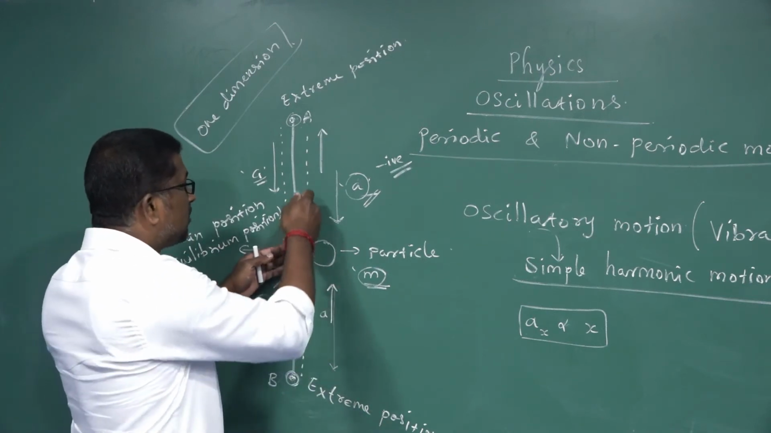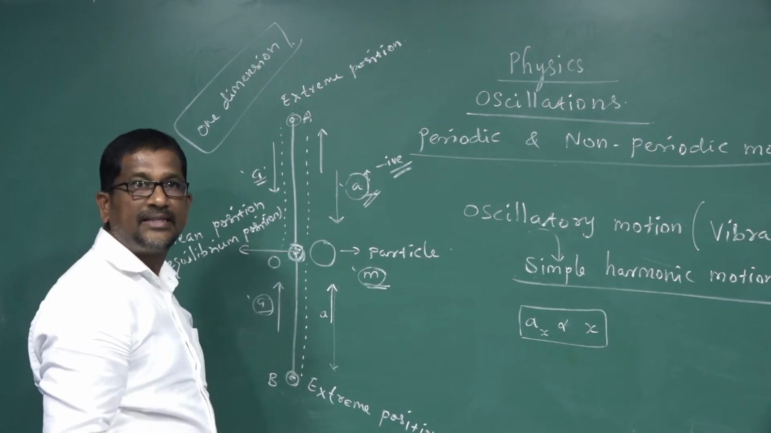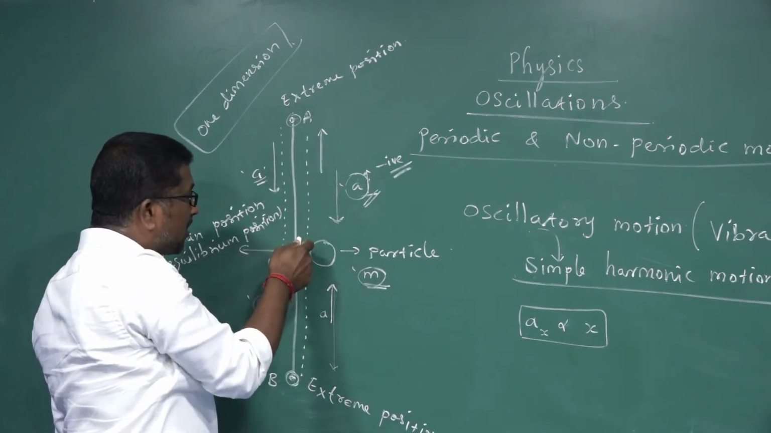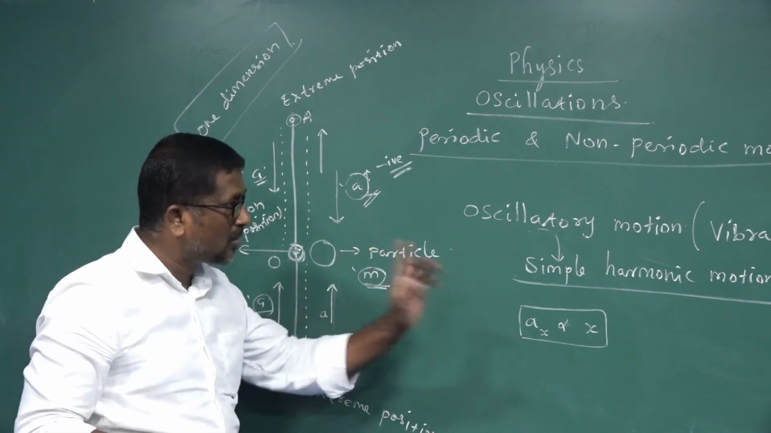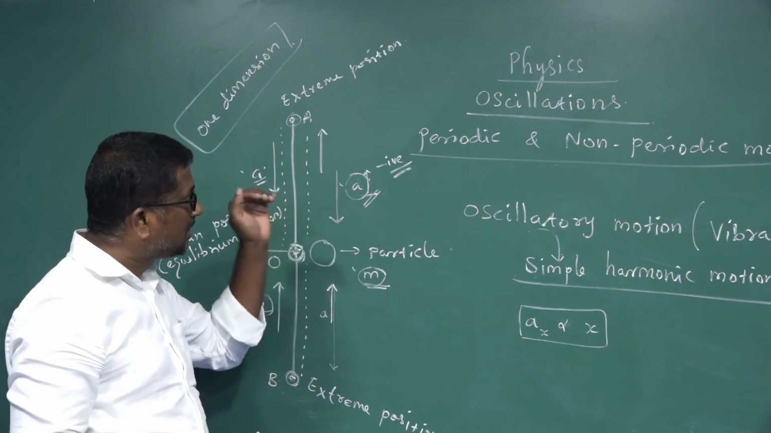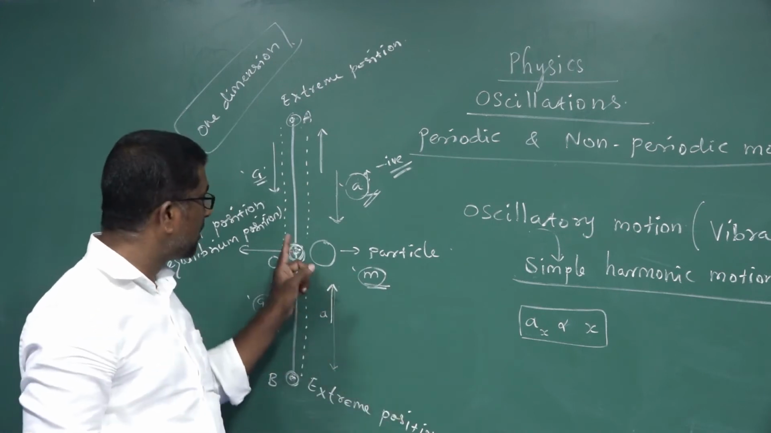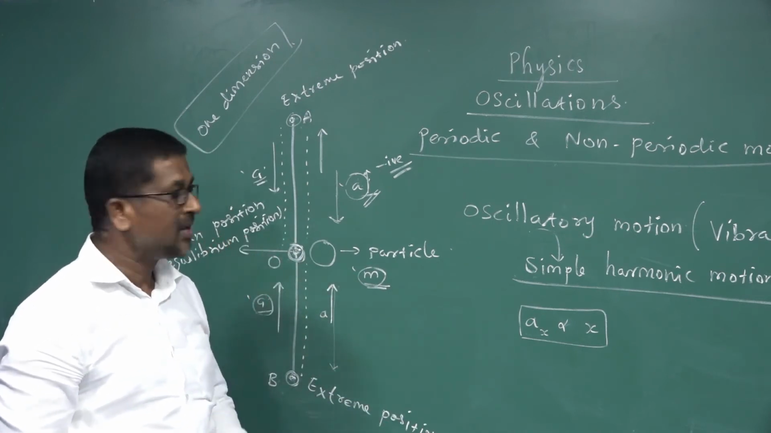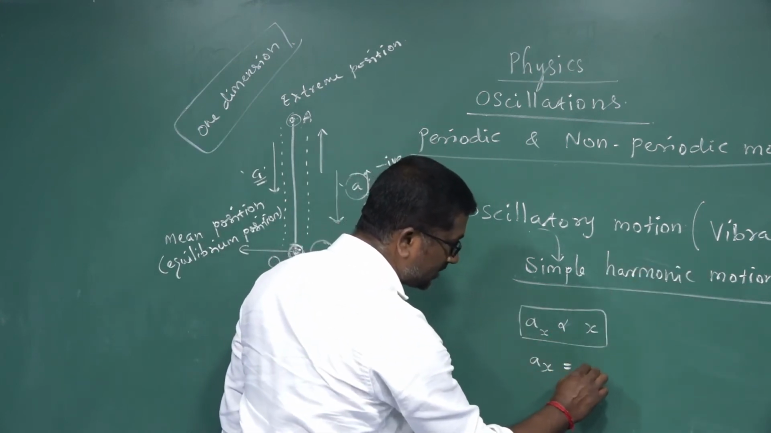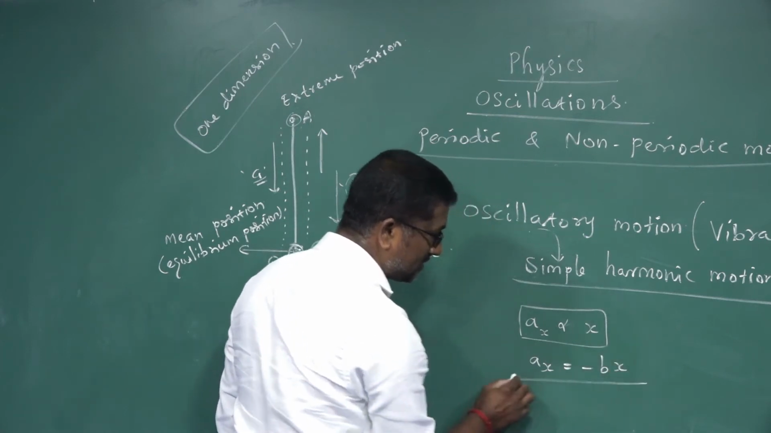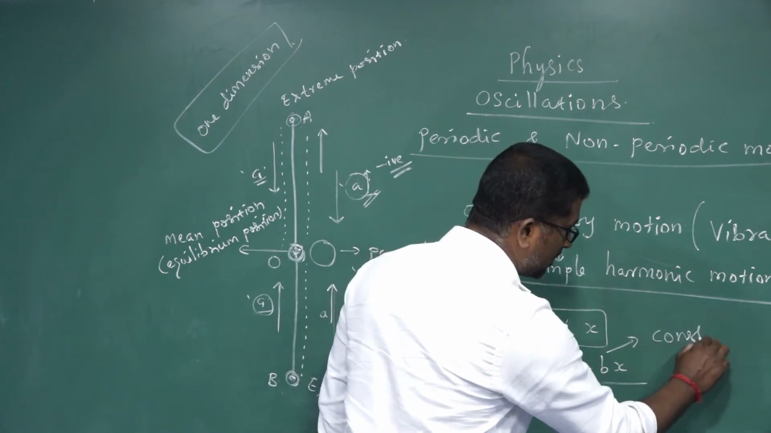That means if the displacement of the particle from the mean position increases, the acceleration of the particle also increases. If the displacement decreases, the acceleration value also decreases. So in simple harmonic motion, the acceleration is directly proportional to the displacement of the particle from the mean position. So a suffix x is proportional to x, or a suffix x is equal to minus b into x. Here b is a constant,